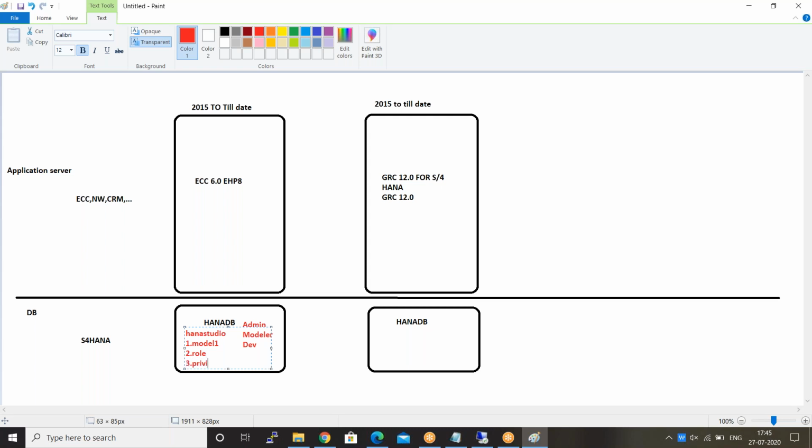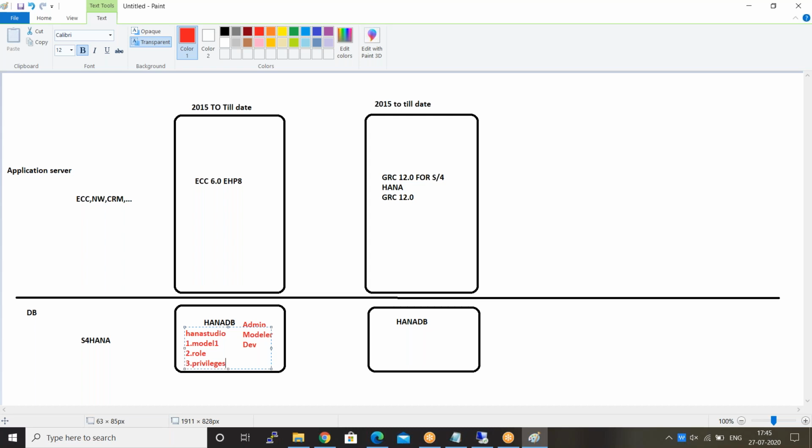In database language, we don't have the profile concept or the authorization object concept. It's purely on the privilege concept. It is fine even if I don't provide full authorization. Now, what is my requirement here? The BW consultant is performing firefighting in the ECC backend HANA DB. Then how can I do a firefighter configuration along with my HANA DB to GRC? That is our requirement. So, clear now?